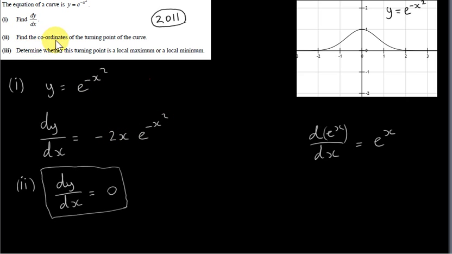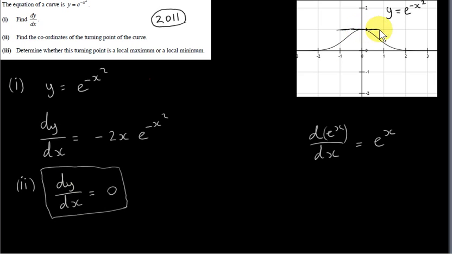In part 2 we want to find the coordinates of the turning point of the curve. Now to find a turning point of the curve we put dy dx equal to 0 because dy dx is the slope of a tangent to the curve. So here I have a graph of the curve. Of course you don't really need to know the graph to actually do this question, but you can see that